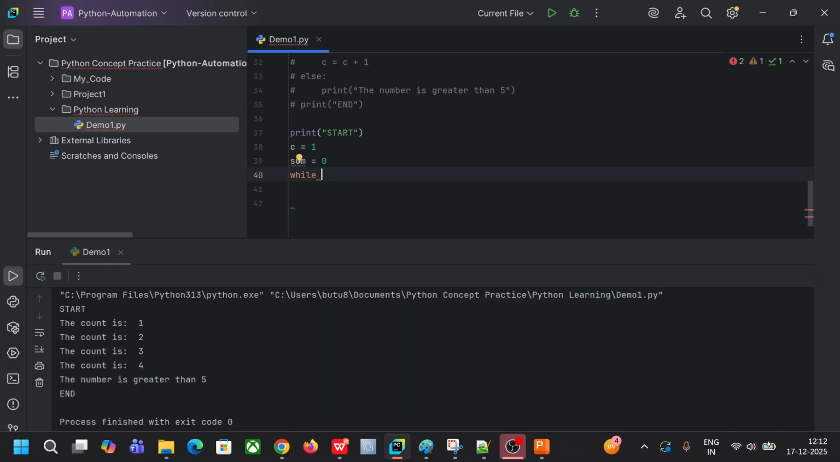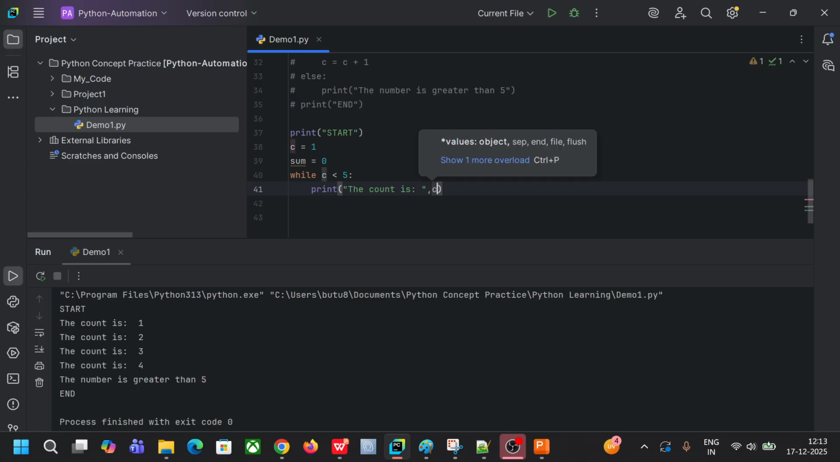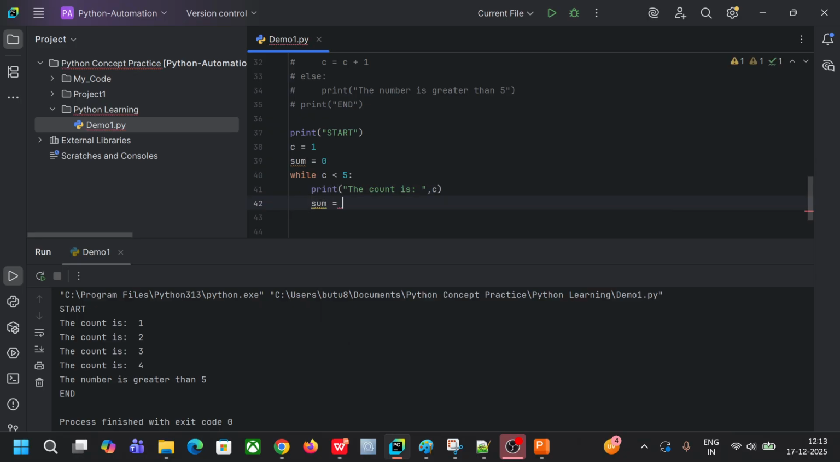Let's take while c is less than 5. Let me put the colon, print the count is, comma c. Okay, sum equals to sum plus c. Okay,